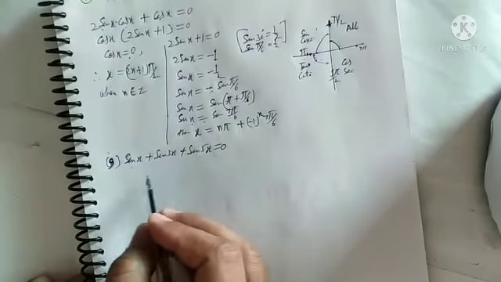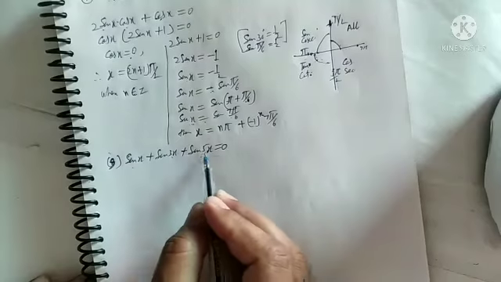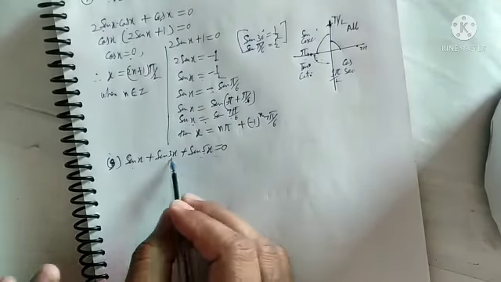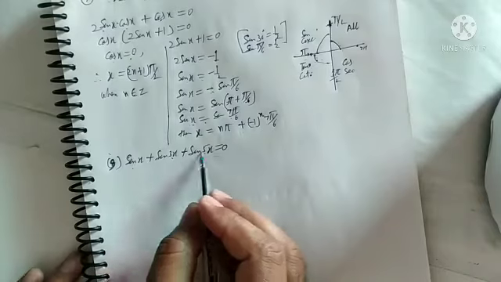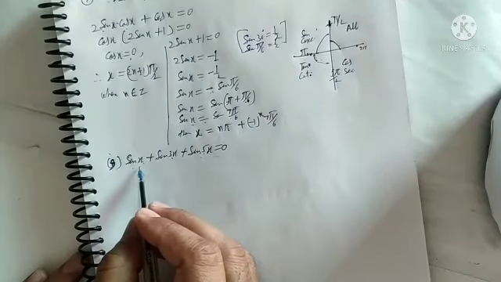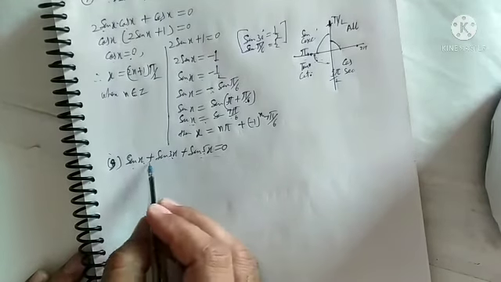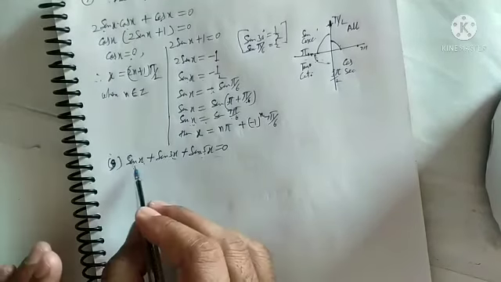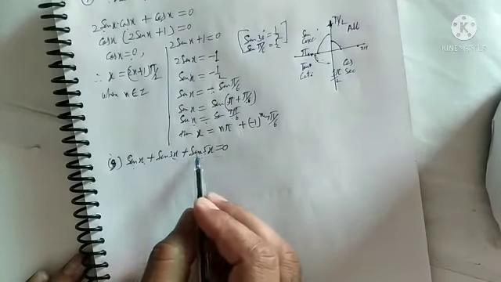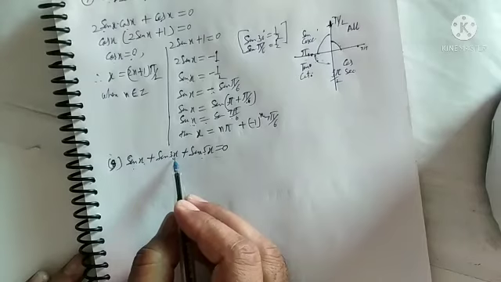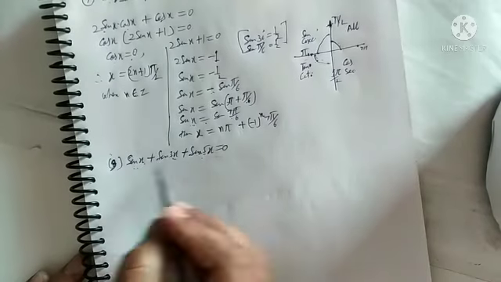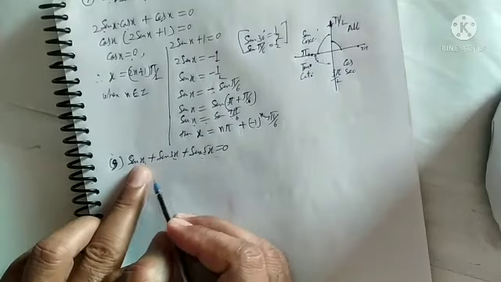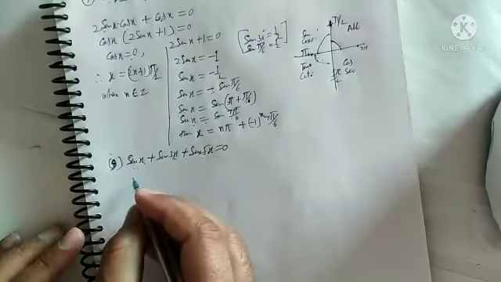So actually, first you make the pairing. Pairing means 3 plus 5 is 8, and half of 8 is 4. Because if you do 5 plus 1, that is 6, which will not give you 3. So if you make 5 plus 3, then it is 8, and that is not the half. So if you pair 5x with sin x, that is 5x plus x, 6x, and half of 6x is 3x. So we should make the pair this way.